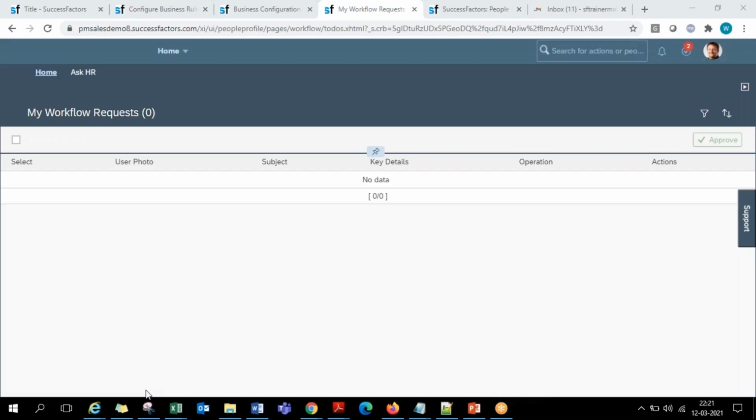Is the email ID given properly? One second.